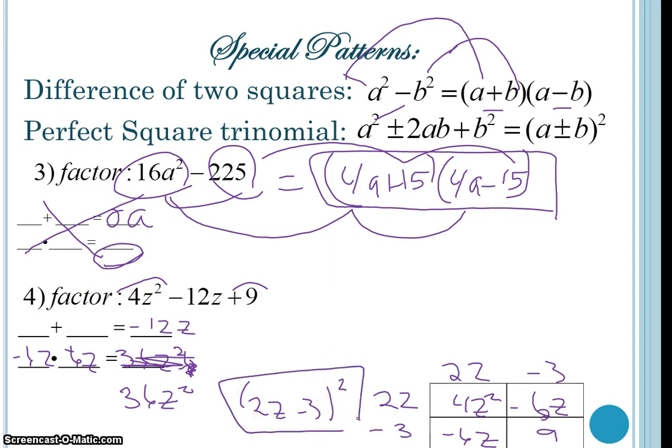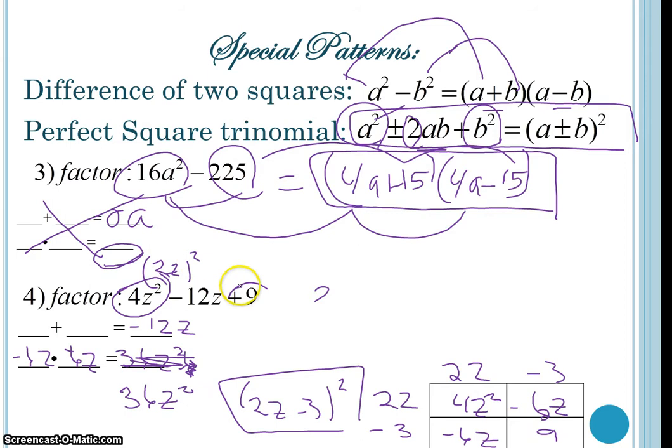Okay, so we can factor using the box method, no big deal. But we can also factor using the perfect square trinomials, which is the second one here. So if you have a perfect square and a perfect square, and the middle number is twice the square roots. So let's look at it here. That's a perfect square. That number is 2z squared, and the 9 is 3 squared. And this middle number, negative 12z, is negative 2 times the square root number 2z